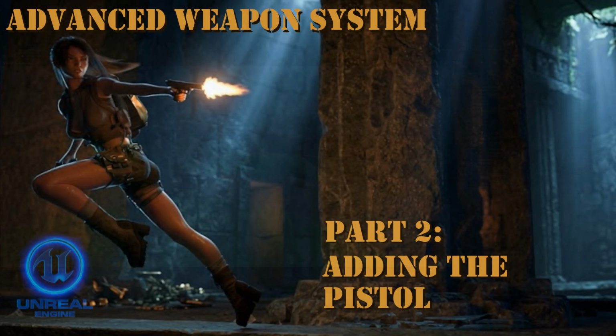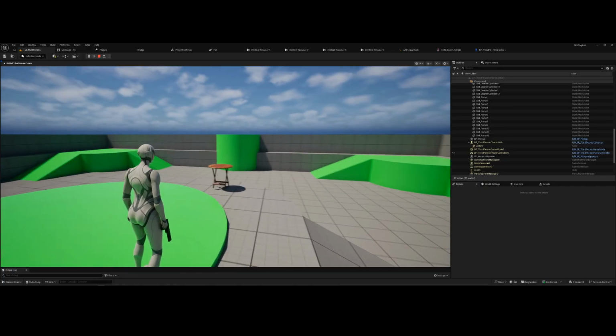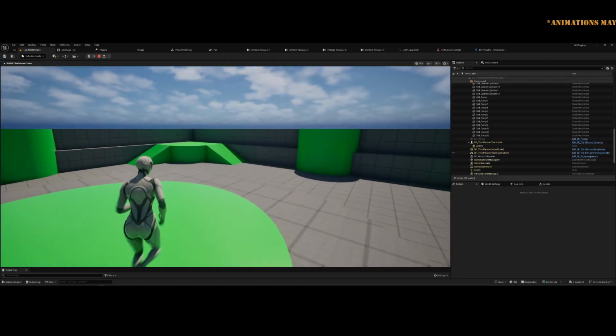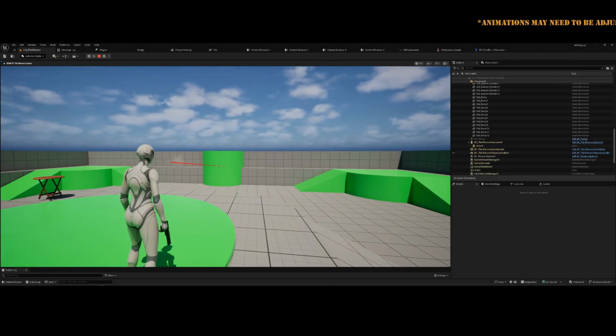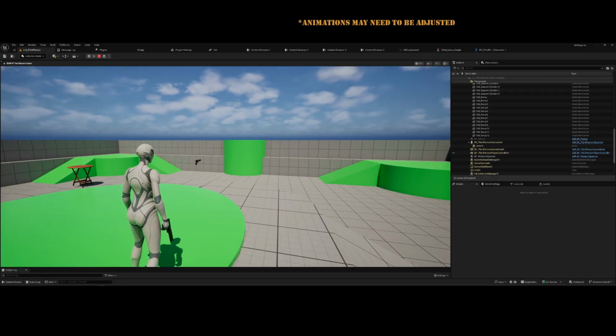Welcome back. Today, we are taking our weapon system component and bringing it to life by adding our very first weapon, the pistol. Now, this video is a bit longer than our usual quick reference guides, but that is because